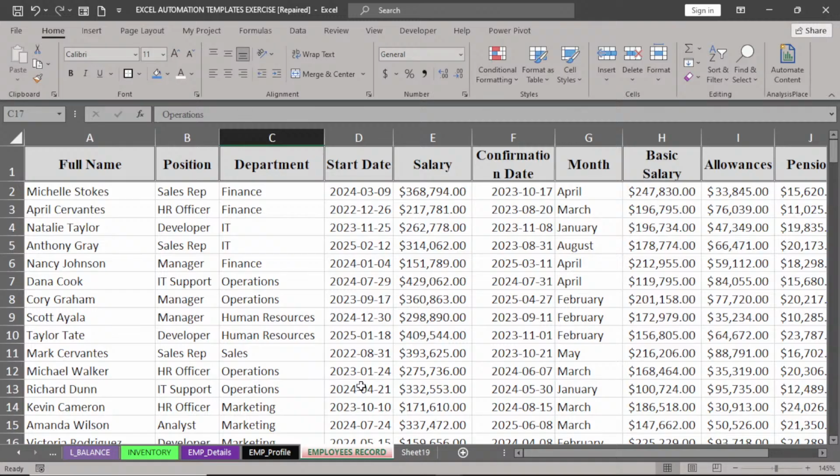It's very simple, very easy to understand and to use. Pivot table is a powerful feature in Microsoft Excel that we use to analyze large data sets